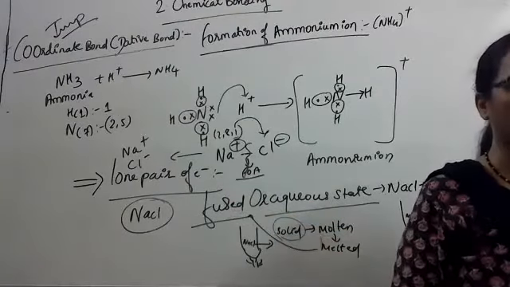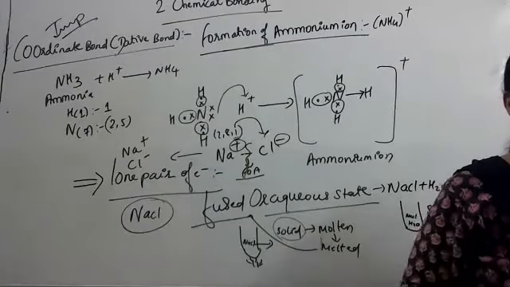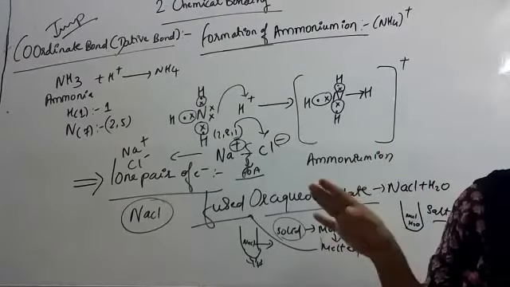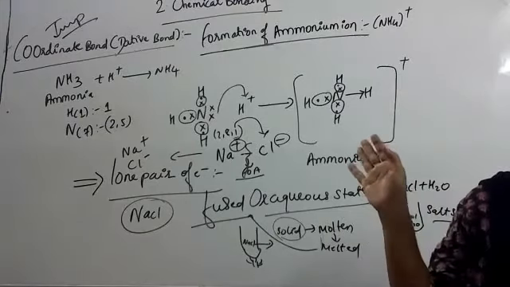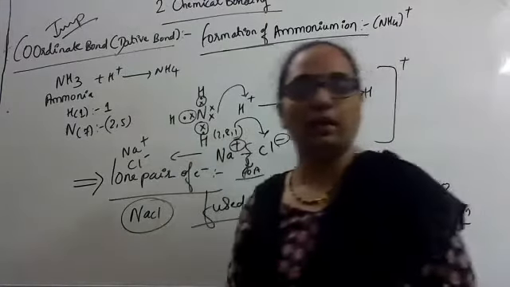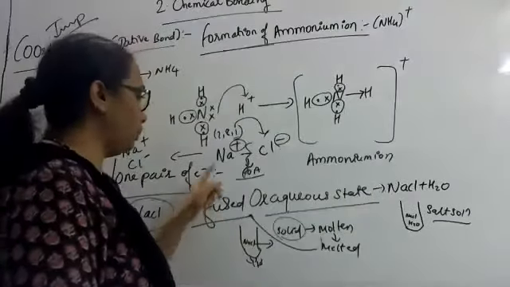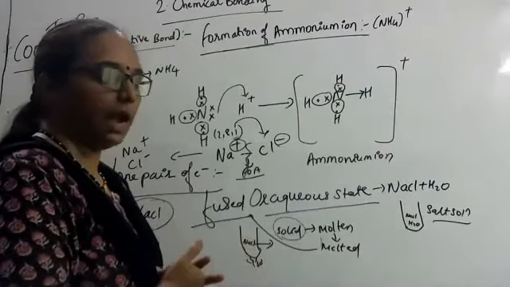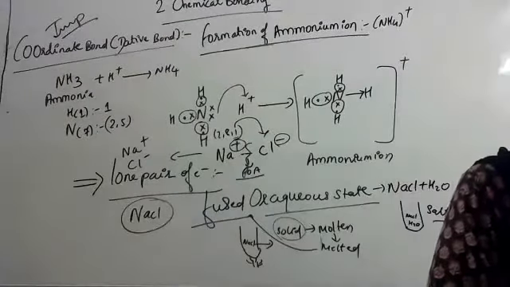it conducts electricity. Because for conducting electricity, there should be free ions. Free ions means they are not attached with any other element. The ions should be free, positive and negative charges. When they are freely moving, then only it can conduct electricity. So when the bond breaks between sodium and chloride, the ions become free and it conducts electricity. Understood? Yes, ma'am.